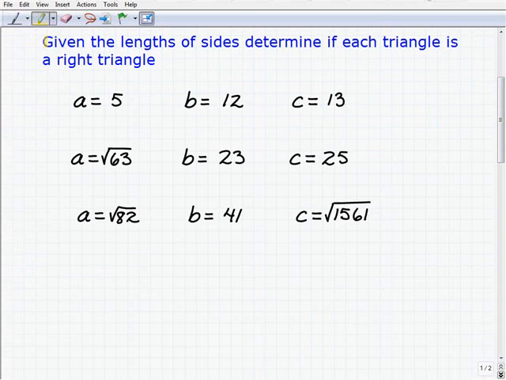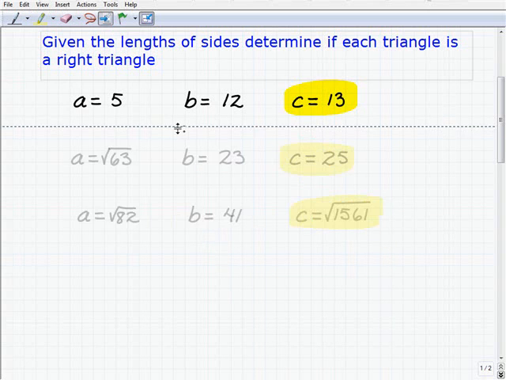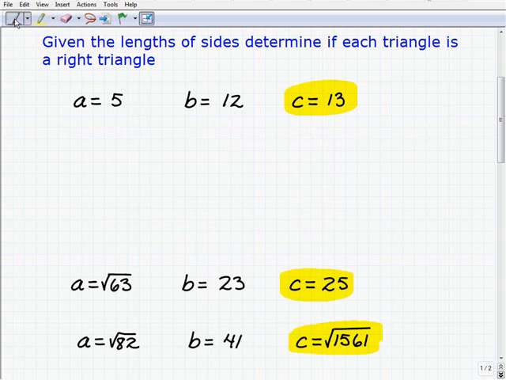So some of you might be wondering, well, if I was to draw this, which side is what? Well, all you have to remember is that the longest side is the hypotenuse. So in this case, 13 is the biggest number here, so that has to be the hypotenuse. And likewise here, if you keep scrolling down, you'll be able to determine which numbers are the hypotenuse. So knowing that, let's go ahead and use these values to determine whether these are the lengths of a right